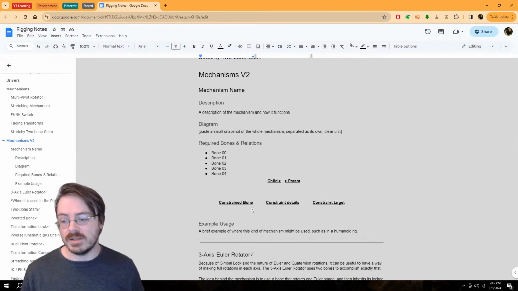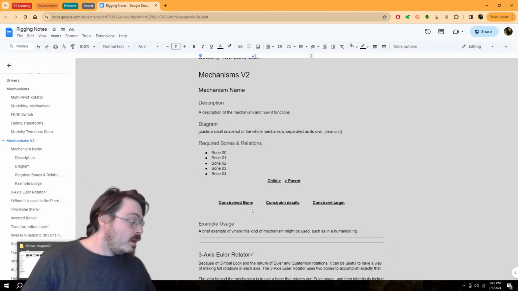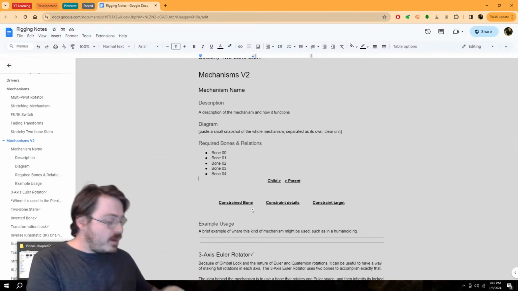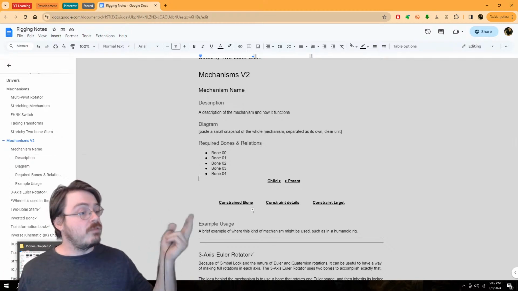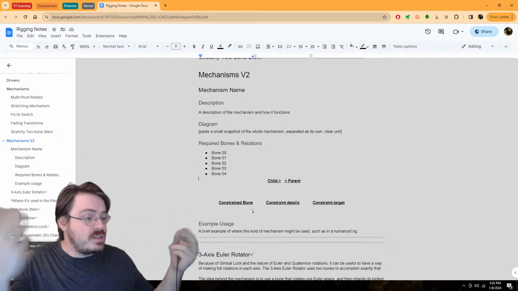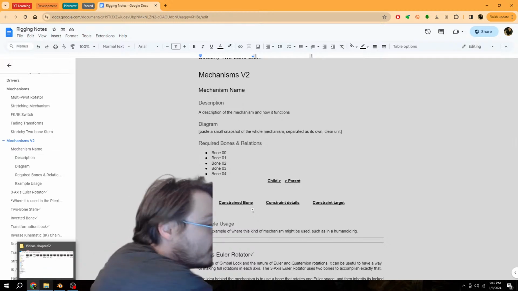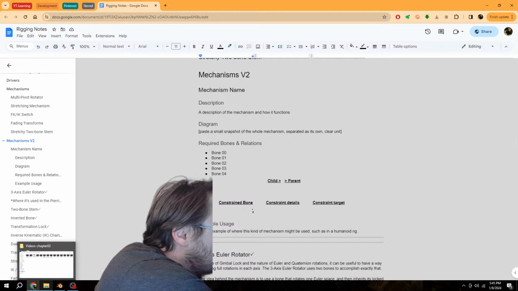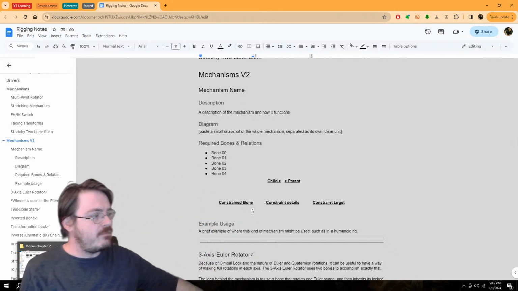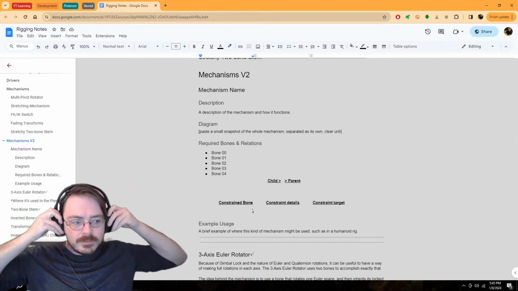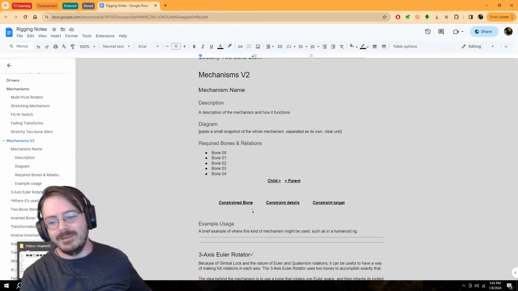So this is basically the format that I'm going to use in order to document the mechanisms of these bones and such. Let's fire up the tutorial, and then I'm just going to describe rigging as I go along, convert that into notes, and see that process of going from one thing to the other. Which means that, and this is exciting, I get to put on the headphones. I haven't gotten to put on my gamer headphones for everybody yet, so yeah.